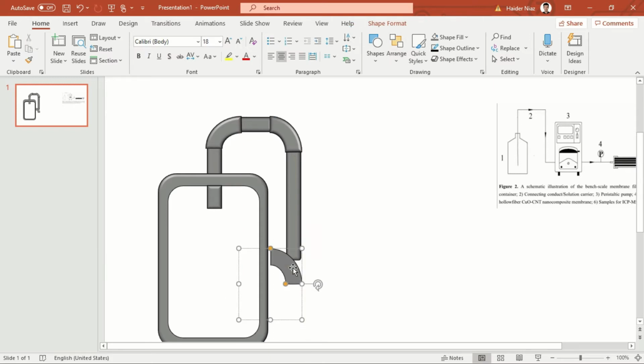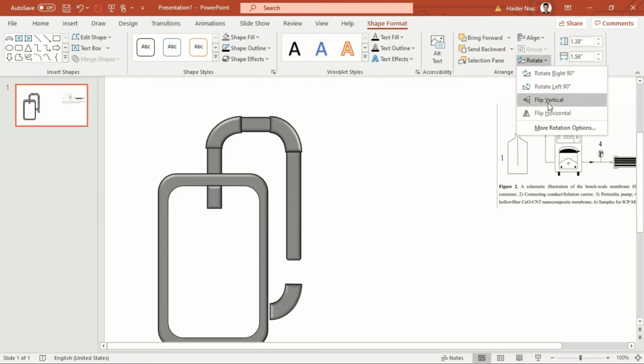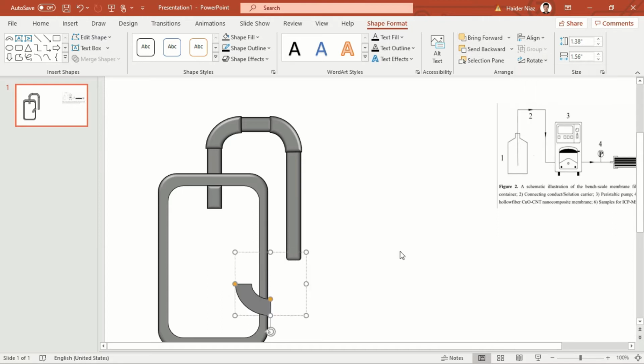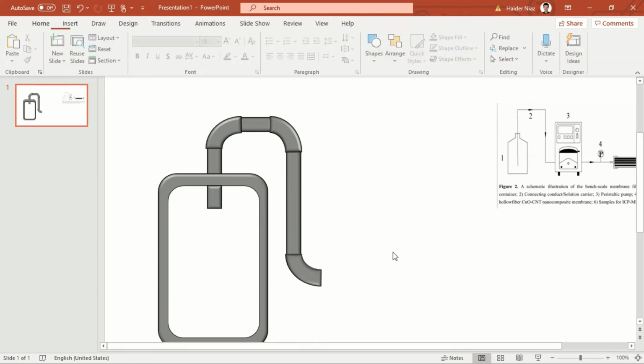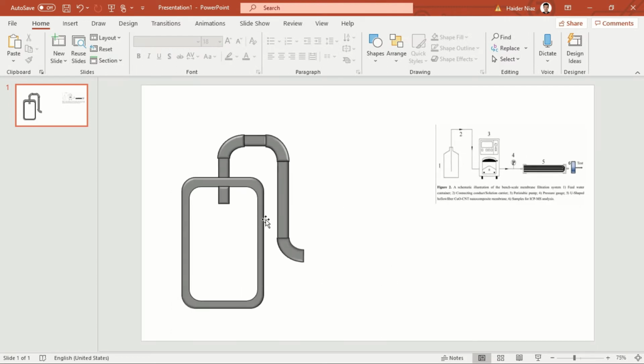There is another option for rotation, which is like this one. For example, you go to shape format, you go to rotate, you have an option to flip horizontal or flip vertical. So you can flip horizontally or vertically once you click here like this, and then rotate one more time to left 90 degrees, and here you go. So that's how you rotate an image, and that's how you can manage some shapes more effectively. Once we are done with this one, we are going to work on our second part,